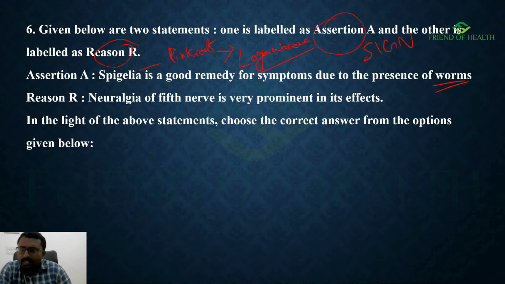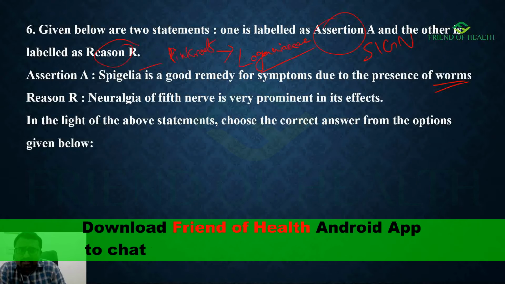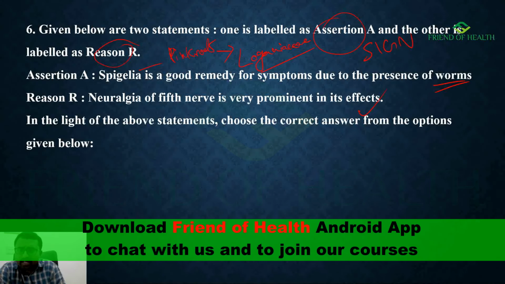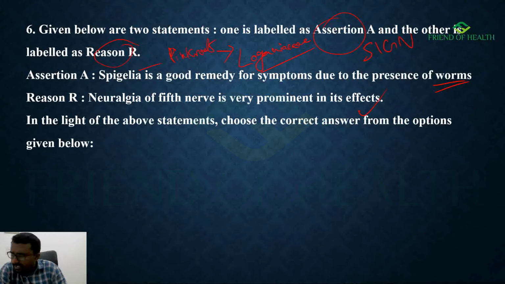Okay, yeah. So neuralgia of fifth nerve is very prominent in its effects. That is the very important keynote in Spigelia. If you see the first assertion, we will check: adapted to anemic, debilitated subjects of rheumatic diathesis. So diathesis, I have made a very good file where all the diatheses are given, so you can compare them. I have highlighted some of the important ones also. You can revise them. So the assertion is true because in the keynote itself it is said it is adapted to